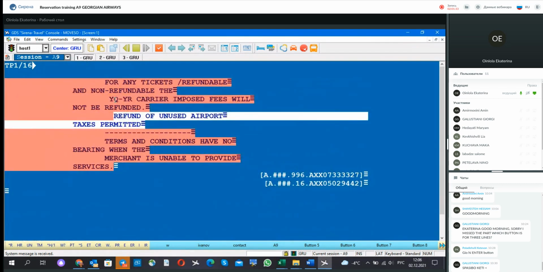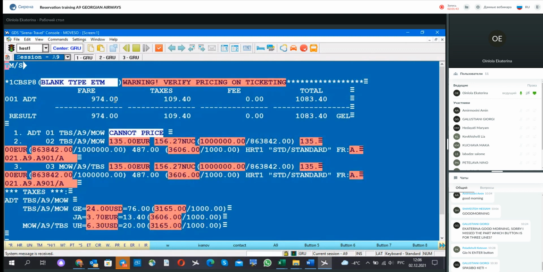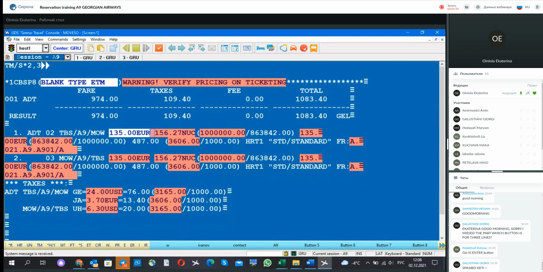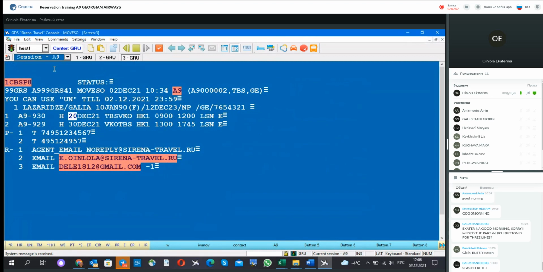Let's check TM/S. It's a function for history pricing of sold ticket. You can see amount on the just second and third flight segments was sold. Well, you can see that this fare amount on the first flight segment and this fare amount on the second flight segment, and then info about taxes. Then let's open